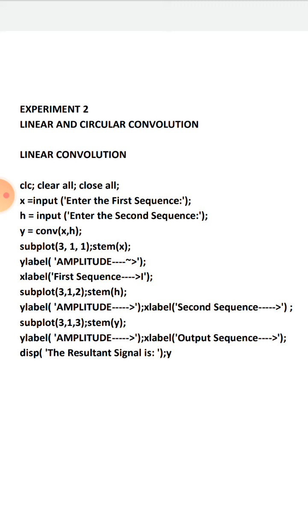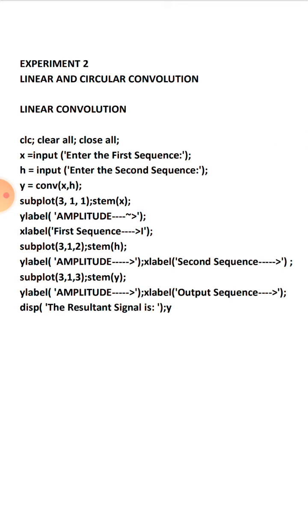So in linear convolution, the two signals will be combined by doing a linear shift. But in circular convolution there will be a rotational shift. These two signals will be periodic and we will do a rotational shift in the signals and then combine the signals to produce a third signal.